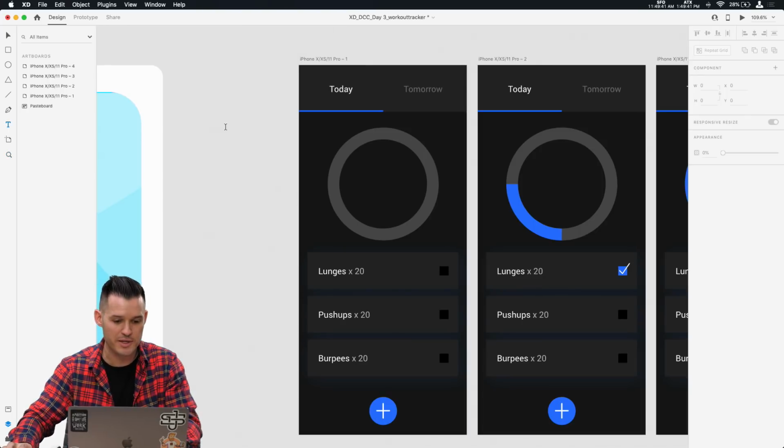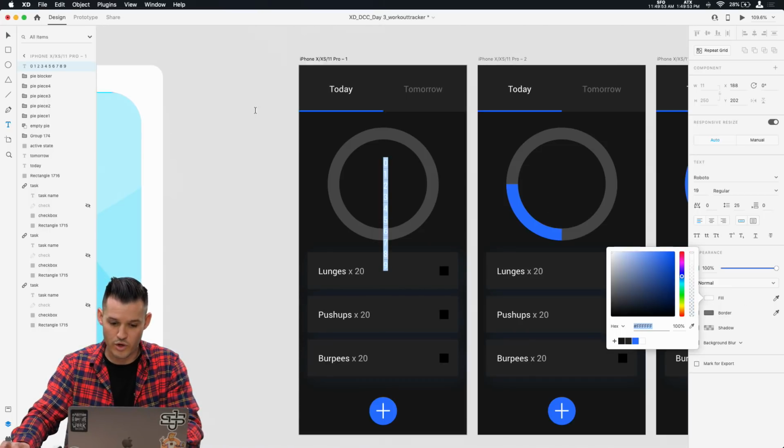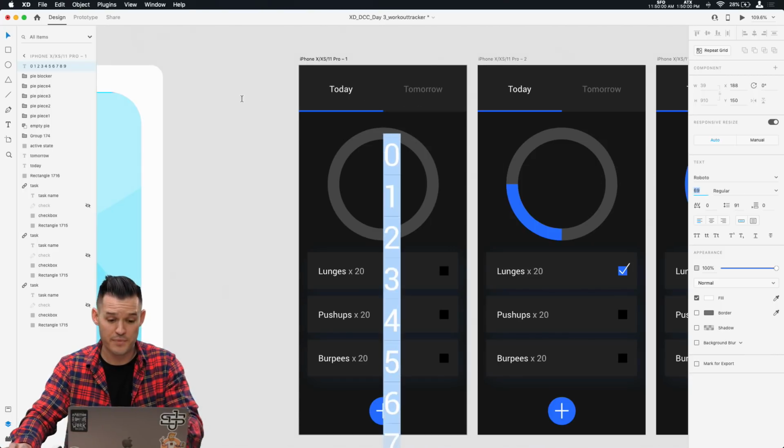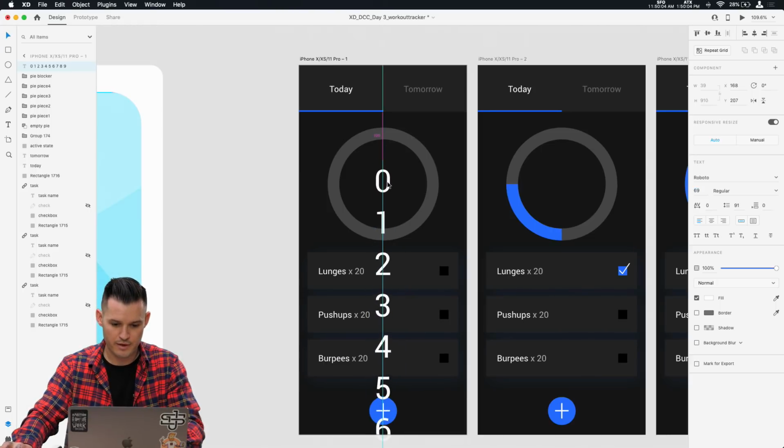XD Daily Challenge. I'm gonna take my text, I'm gonna hit some text right here, and I'm just gonna go 0, 1, 2, 3, 4, 5, 6, 7, 8, 9. Okay, let's make these white. And I want you guys, this is homework, okay? You guys figure this out and you guys make this work, but I'll show you the basic idea of it. We want to get our number sequence right there, okay?